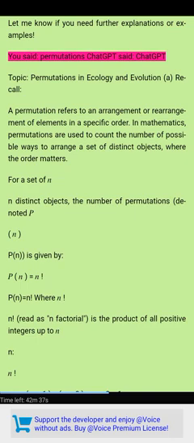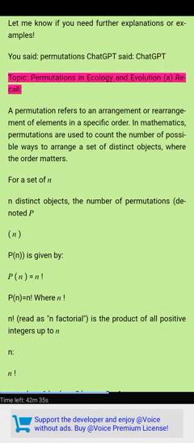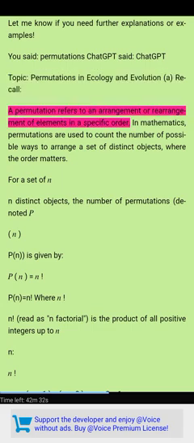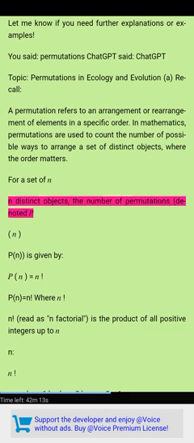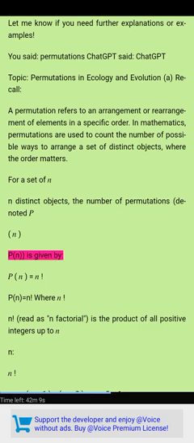Topic: permutations in ecology and evolution. Recall. A permutation refers to an arrangement or rearrangement of elements in a specific order. In mathematics, permutations are used to count the number of possible ways to arrange a set of distinct objects, where the order matters. For a set of n distinct objects, the number of permutations, denoted P(n), is given by